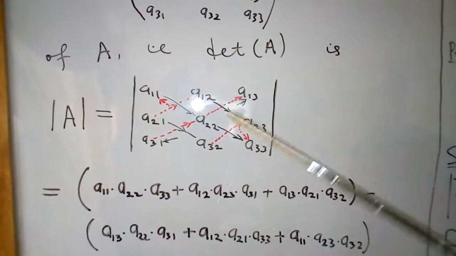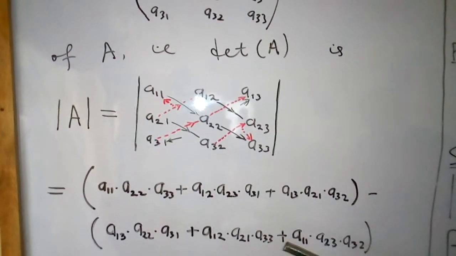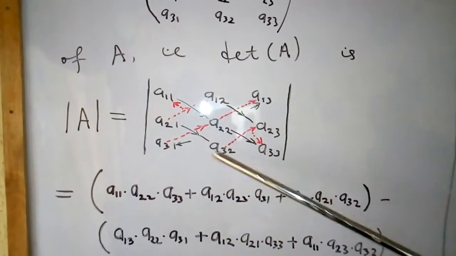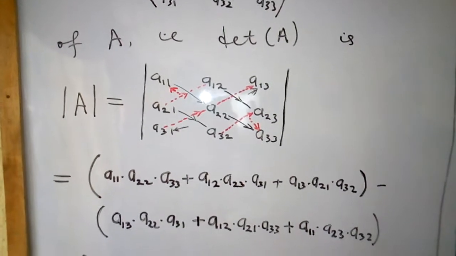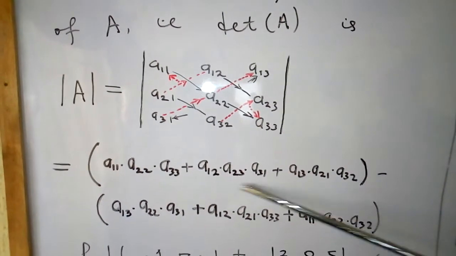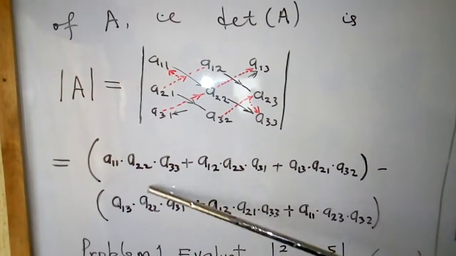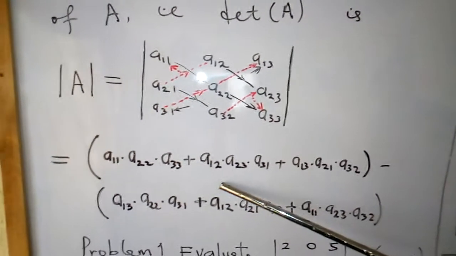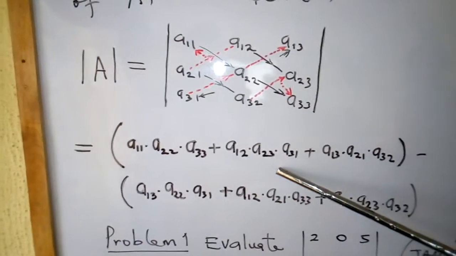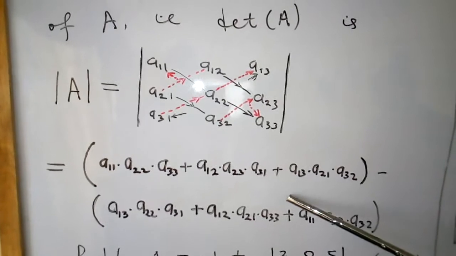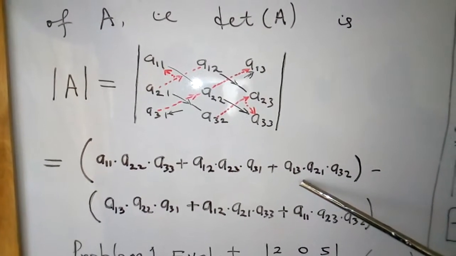You can see the black arrow, then plus A21, A32 times A13. Look at it here: A11, A22, A33 plus A12, A23, A31 plus A13,